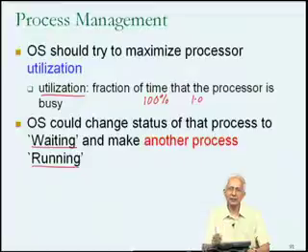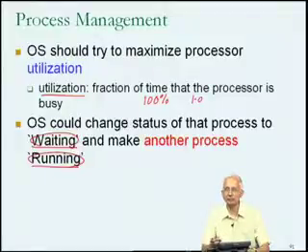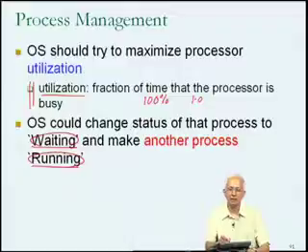So as soon as that disk operation happened, if the operating system had changed the status of the then running process to waiting and had made one of the ready processes running, then the running process could have executed potentially billions of instructions in the time that the disk operation took place, and the net result would have been that the utilization of the processor, the fraction of time that the processor is busy, would have been close to this 100% objective. So this seems like a good thing for an operating system to try to do, try to maximize